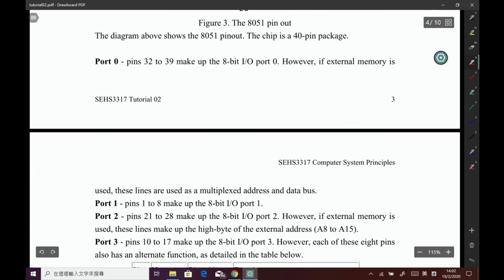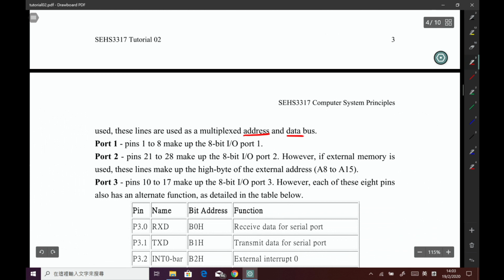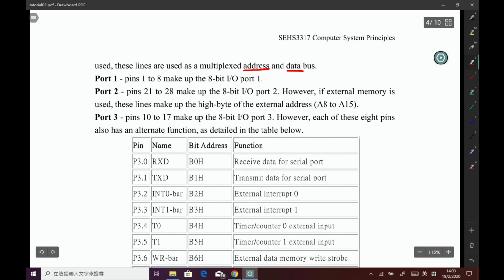Now for port 0, it is pin 32 to 39. It is used for address and data. It shares the address bus and data bus. For port 1, it is a general I/O port. When you are going to connect to another device, you may use port 1. For port 2, it can be used to connect to the external memory because it supports the higher byte of the